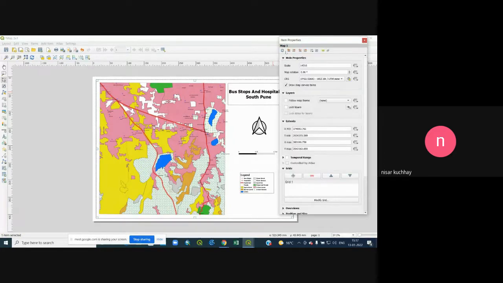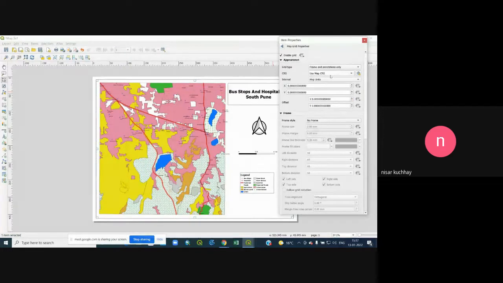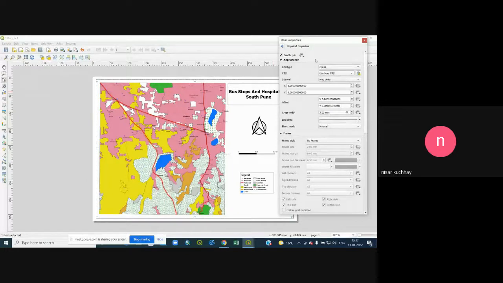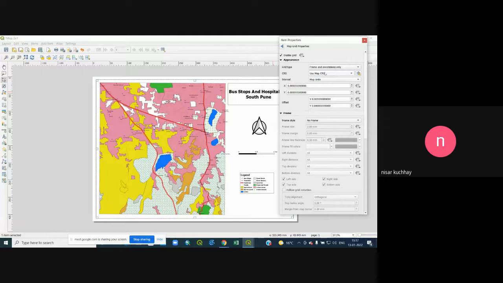I will show you again. I have to go to grids. Then I add a grid, then modify the grid. Okay. Then I choose here, for example, if I choose cross marks or these things, so I will choose annotations only. Then I will choose a projection. So I will choose this WGS84 since this projection is showing me lat long. Then units, map units. Then I will choose interval here. For example, I want